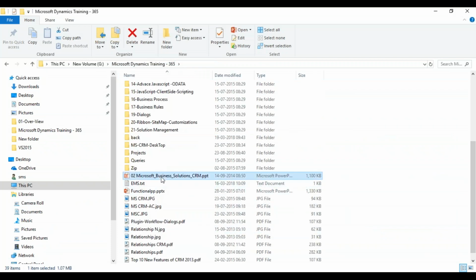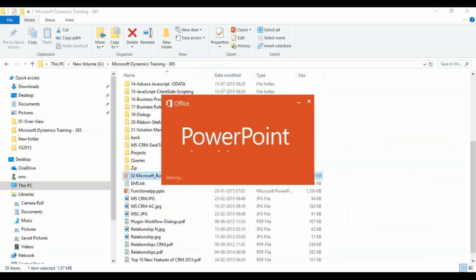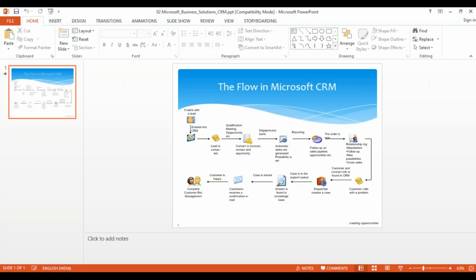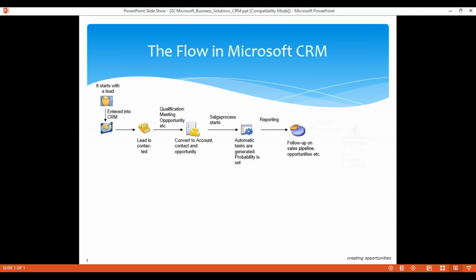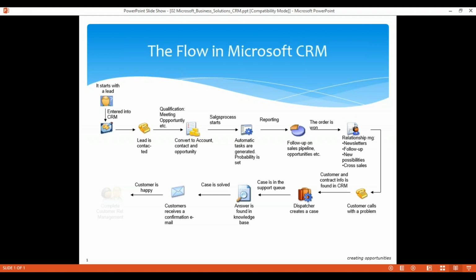No, I'm good. So at a high level, whatever we did till now, from this first session, it's just a functional overview of customer relationship management, CRM, and how CRM can be used in different industries. So whatever we covered is a high level functional flow: how we can start using the CRM and how we can interrelate with each module, that is marketing module, sales module, service module, and service management.